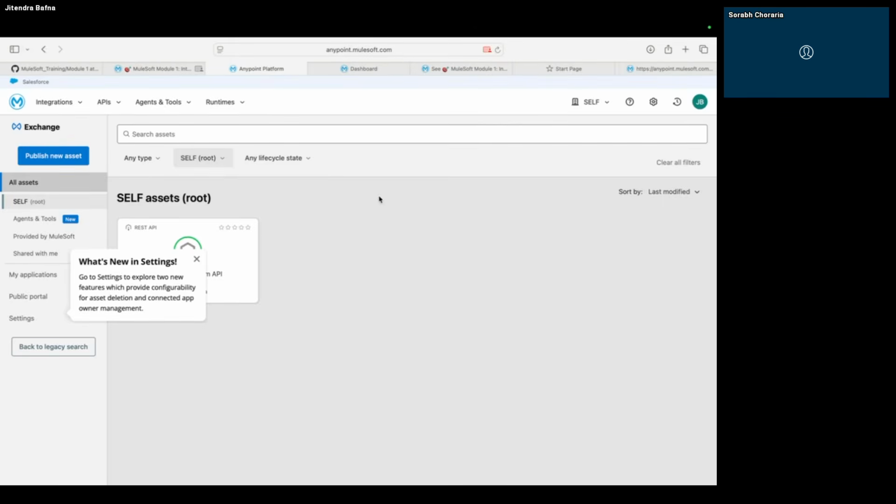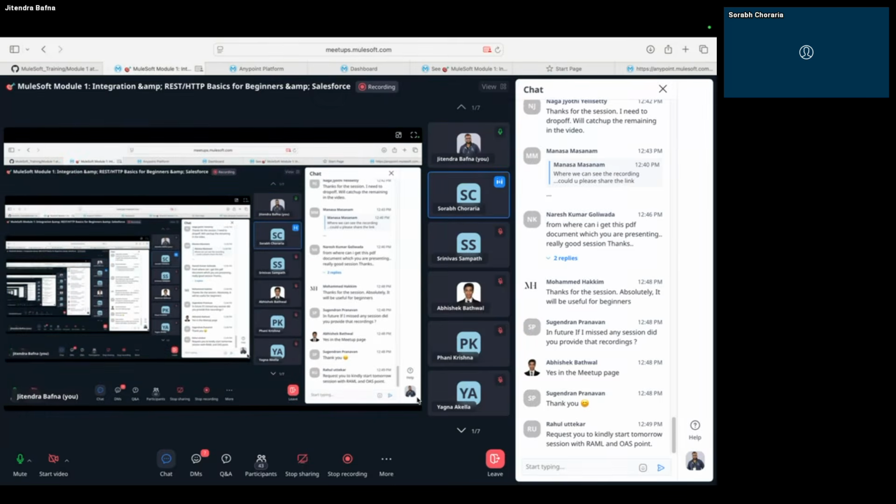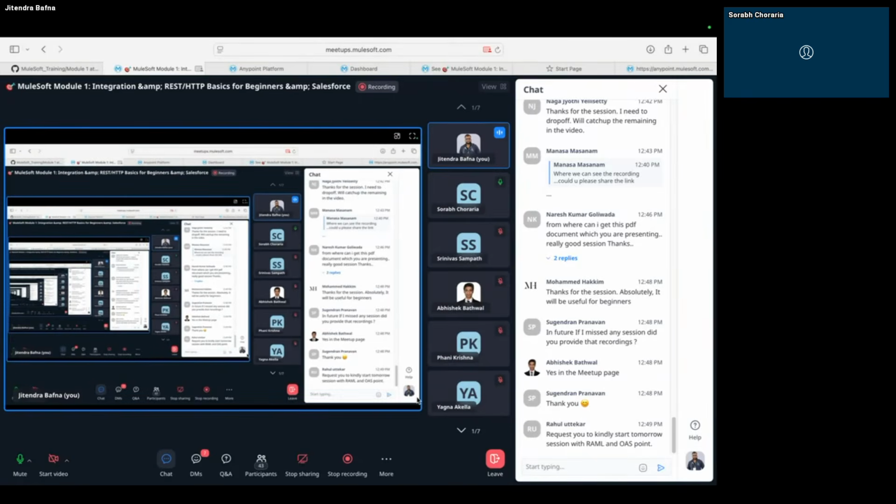You will understand easily as we progress in the session, and we will publish more and more data. You will come to know the purpose of the exchange. Whatever business logic we implement is a different part. Here we are just defining common assets and API specifications that you publish into the exchange.